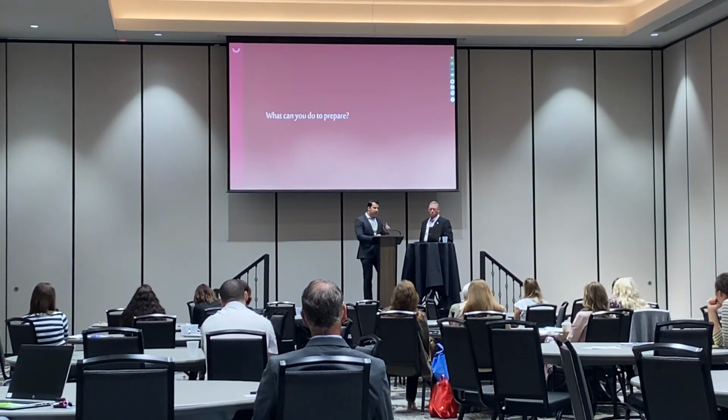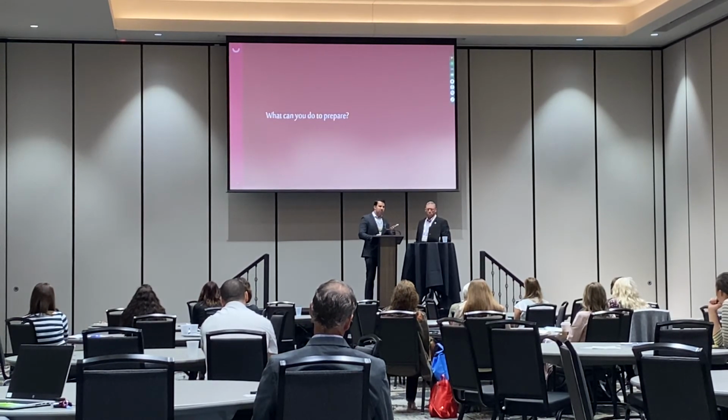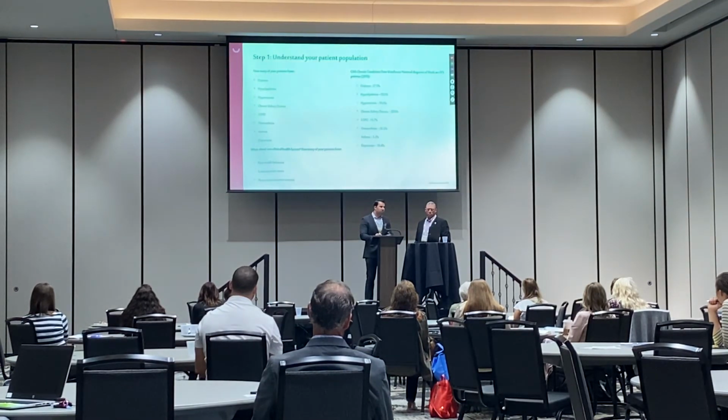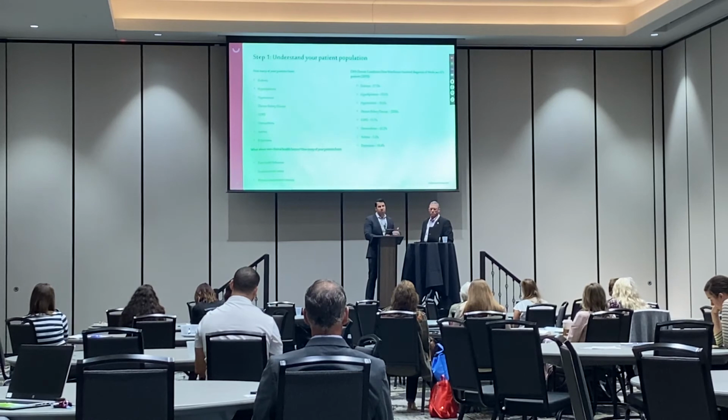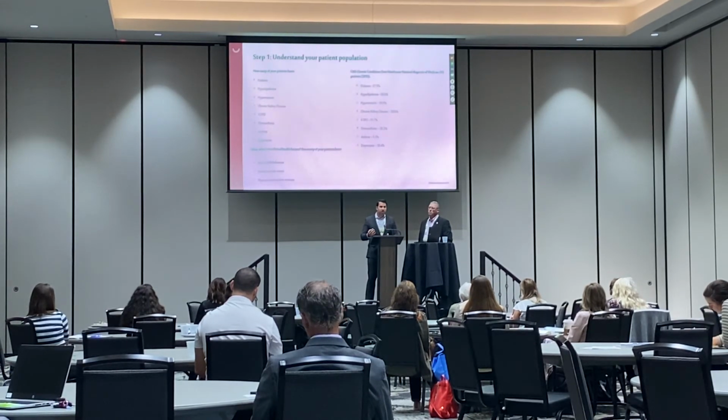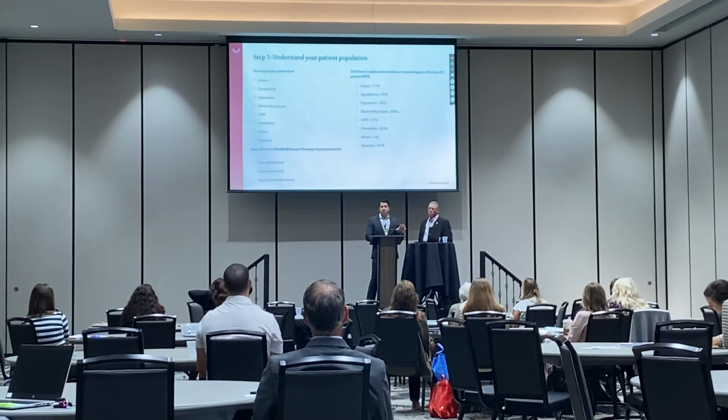So we'll skim through this, but what can I do? What are some practical ways to take these baby steps and eventually be able to jump off the deep end? First off, as Brad mentioned, is understanding your patient population. Maybe you have more diabetic patients in your community, or maybe more behavioral health needs, or whatever those might be. You have to know that, because that's going to help you establish and prioritize which programs you need to institute. Maybe this vegetable or cooking class doesn't make sense for you because maybe diabetes isn't as important. But if you understand your data, you're going to be able to prioritize there.